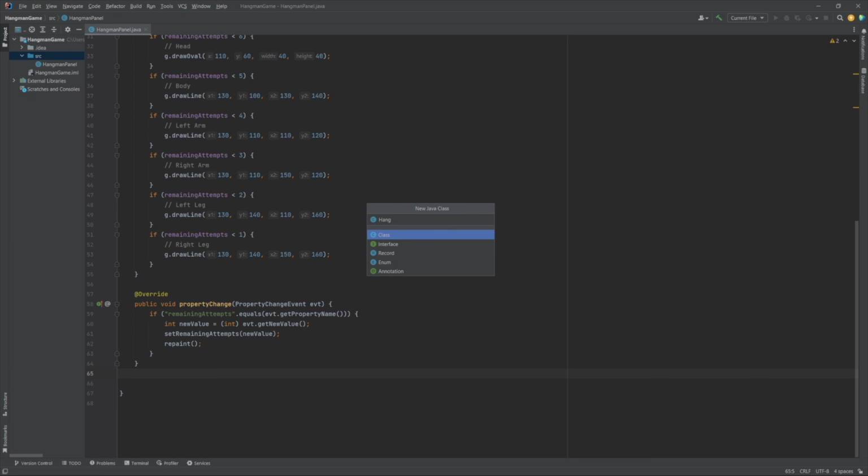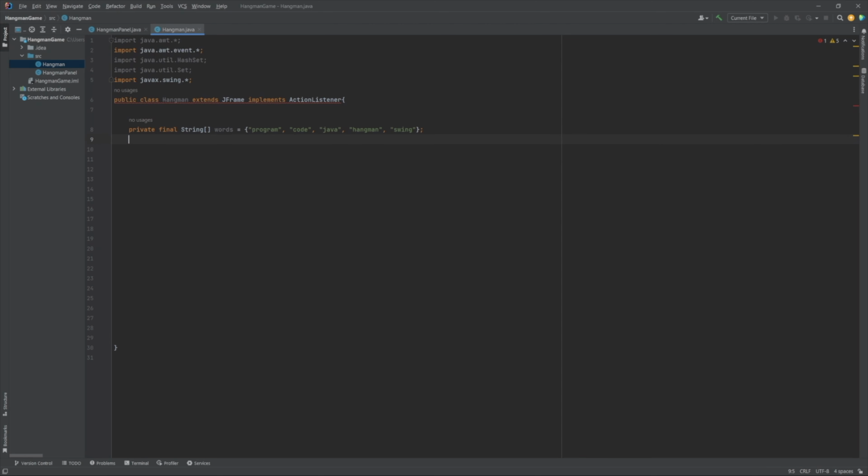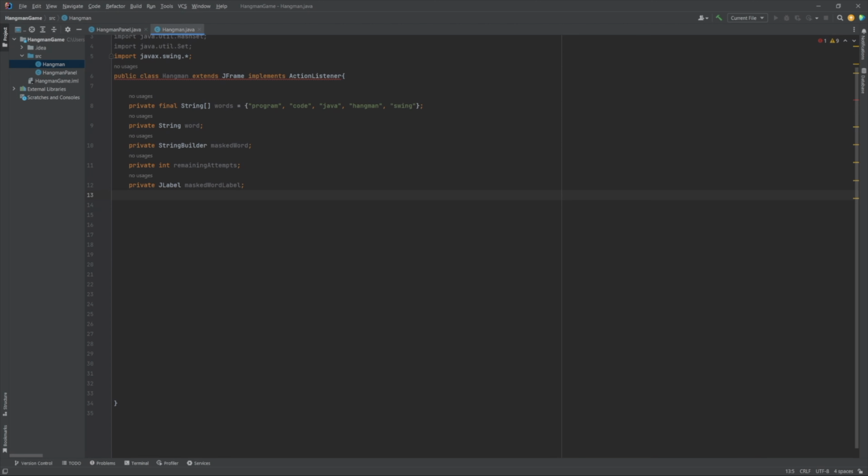The Hangman class is a Java program that implements the Hangman game using the Java Swing graphical user interface library. It extends the JFrame class and implements the ActionListener interface, which listens to user actions such as button clicks. The class has several instance variables, including words, an array of strings that contains the possible words that the player can guess; word, the current word that the player is trying to guess;